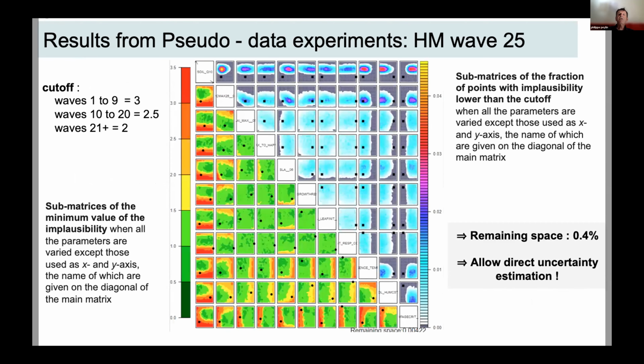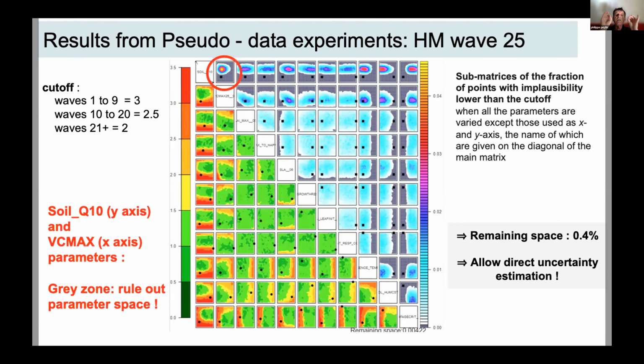For history matching, the typical results that Daniel Williamson has produced look like this graph. It's complicated. You won't maybe understand it all, and I don't have all the time in 10 minutes. I just want to show you one little graph on the top, which is basically for the soil Q10 parameter and the VC max. This is a submatrix of the fraction of points with implausibility lower than the cutoff, which is the right bar. Gray means